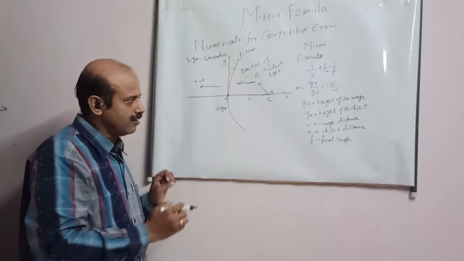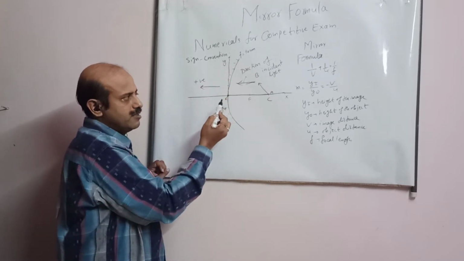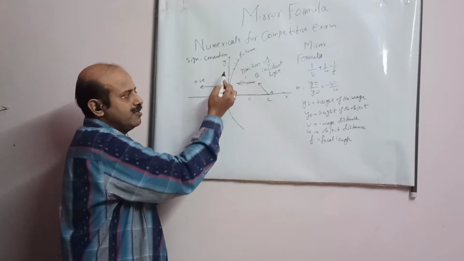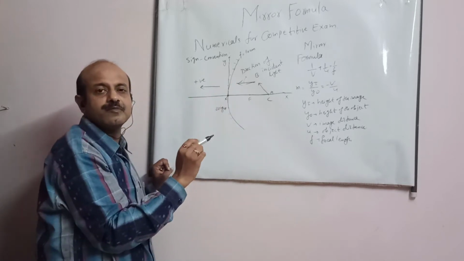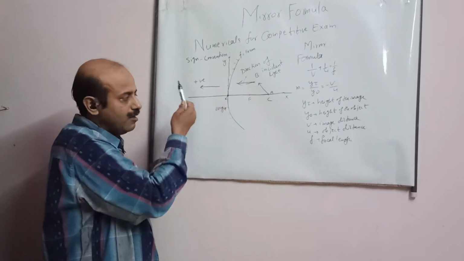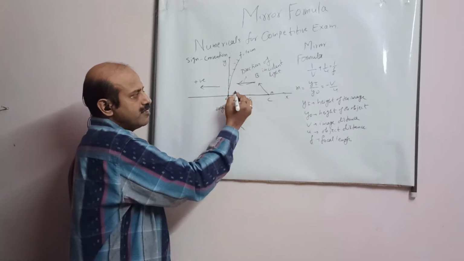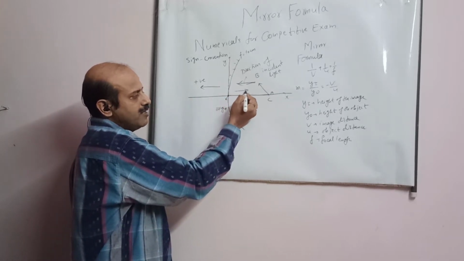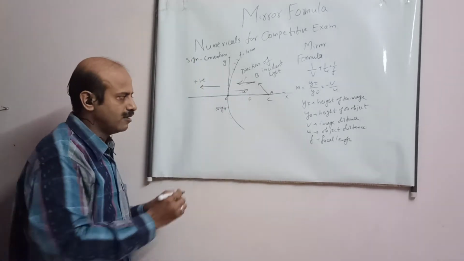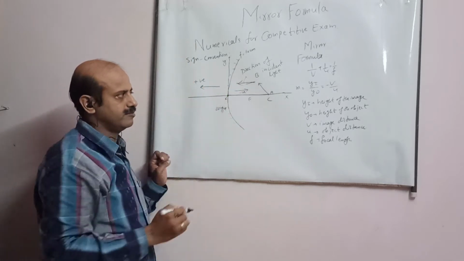Okay, I am repeating it. This is the origin, the pole of the mirror. X axis, y axis. Generally in mathematics, what you do is this direction is taken as positive and this is negative. But here we have to take the direction of incident light. This is the object, light is coming in this direction, means towards my left. So the left of this origin is positive, which will mean that the right direction will be negative, student. Got it, student? Origin, right side negative, this side positive, seeing the direction of light.